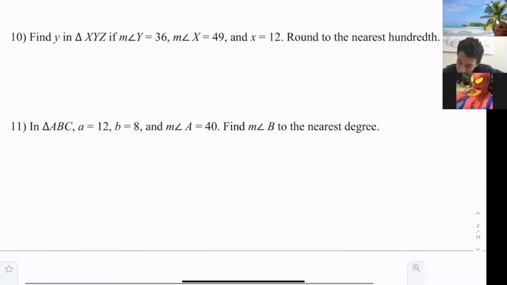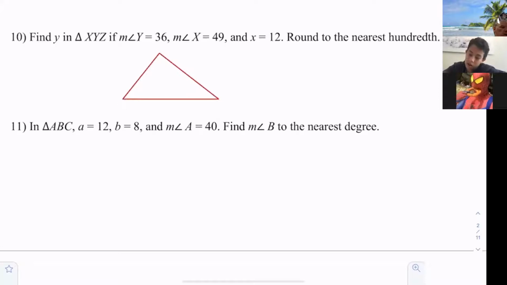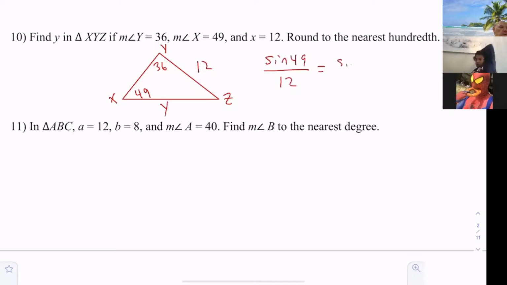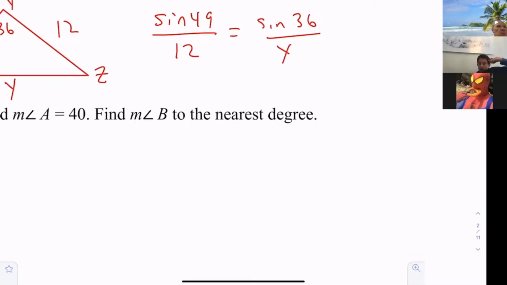Now, is this a right triangle? It doesn't say, so we just assume that it's not. So we're going to draw it out real quick. And we're going to write X, Y, Z. Angle X is 49, side X is 12, angle Z is 36, and side Y. Which is nice because this is law of sines. So now we just have sine of 49 over 12 equals sine of 36 over Y. And then, of course, you guys are masters of cross multiplying and dividing. So everybody should be able to tell me Y is